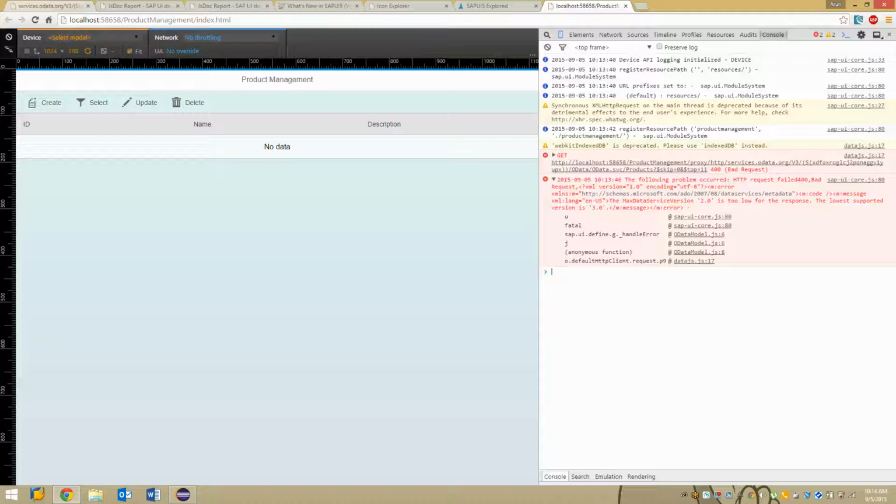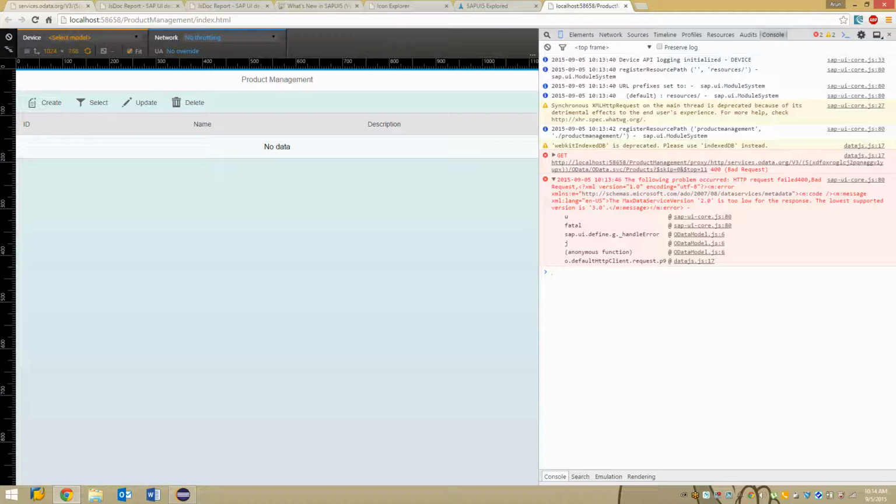So when you're going to consume a gateway service from SAP, you don't have to worry about this part, because since the gateway service supports 2.0 and the model also by default points to 2.0, you will not get this error. But the service that we have requested now is going to be service